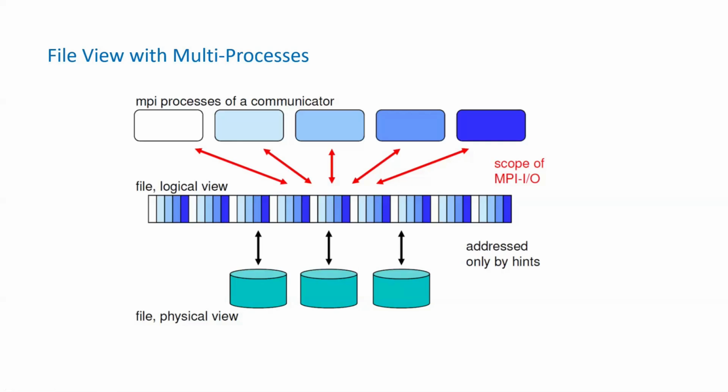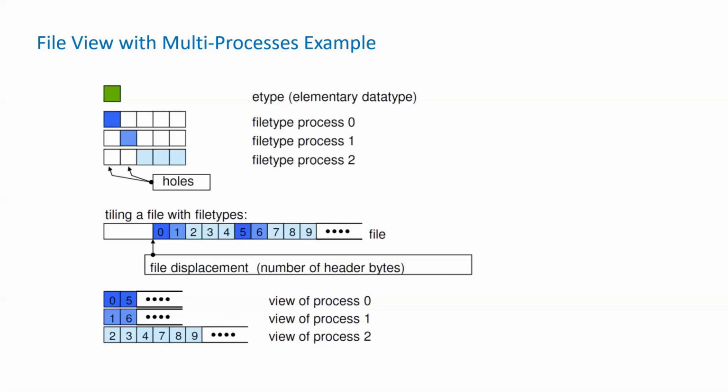Okay. So we use this example of 3 processes here. Each one will be an E-type, which means the data type, right? The first one is file process 0. The file process for 0 is just 1 data, and then they have 4 gaps there. And then the second process, say, assume they have only 1 E type here, and then they have one gap ahead and three gaps afterwards, and then the third one